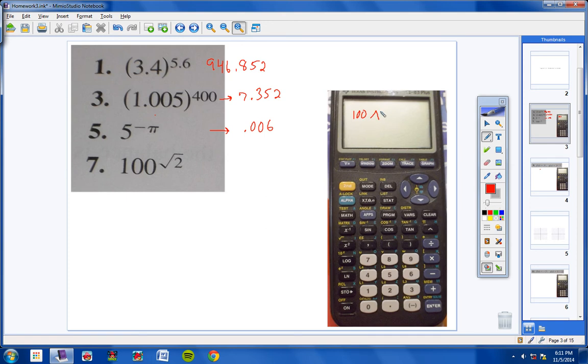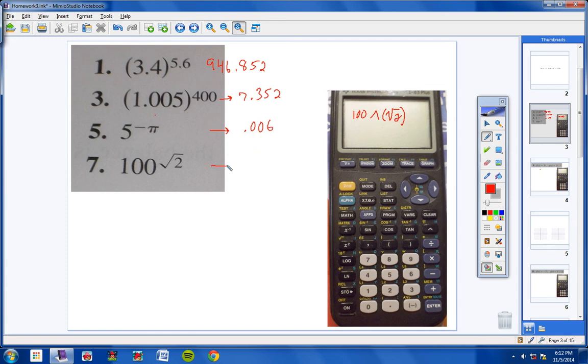And then lastly, number 7, 100, then hit arrow, and now here's where it gets interesting. Then I would hit parentheses just to make sure. Then hit square root, so you'd want to hit second, and then this button here, x squared, and when you do that, a square root will pop up like this, and then type in 2, and then close the parentheses. Let me do that real quick. 100 arrow, square root of 2, and you should get